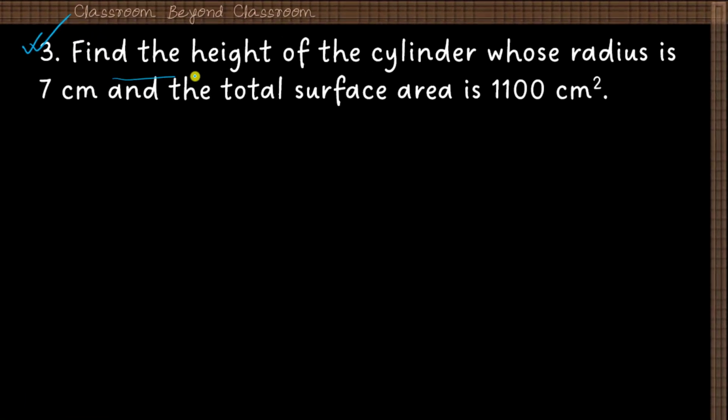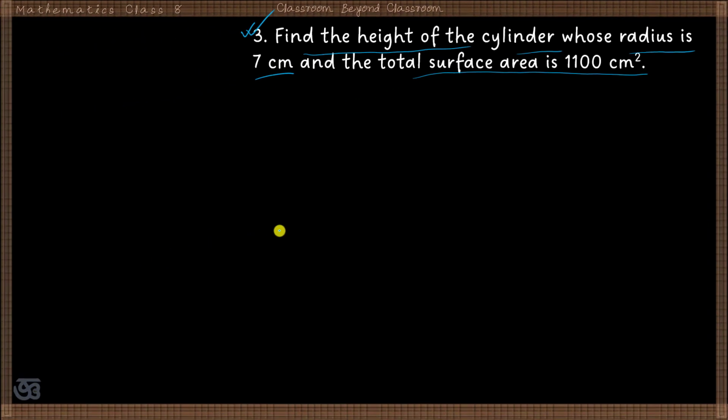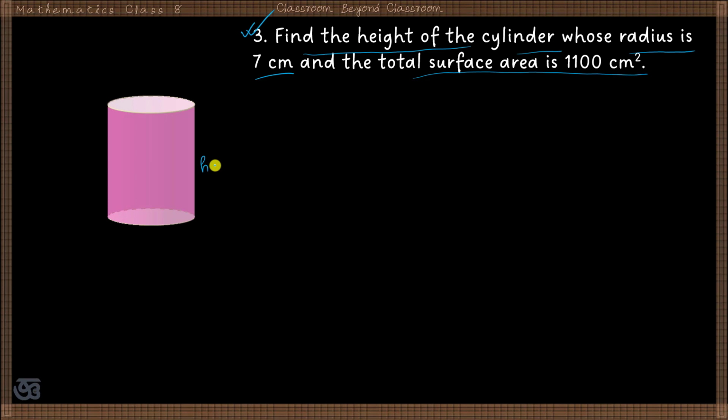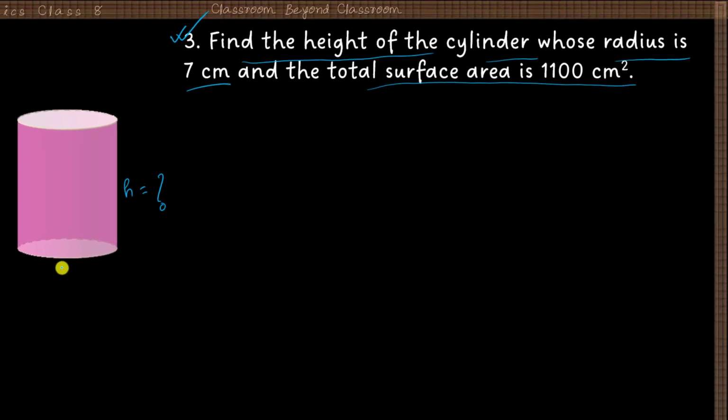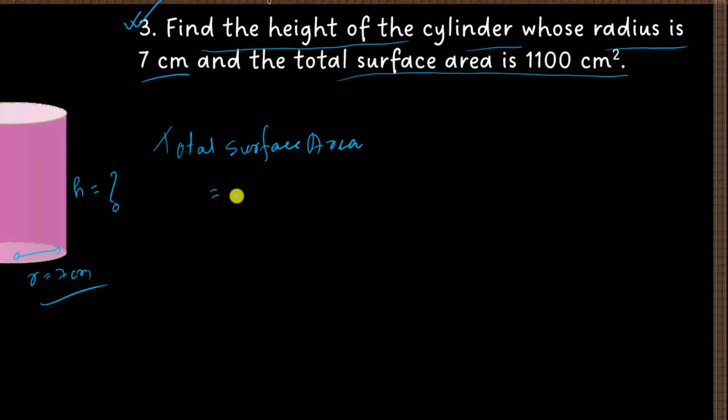Question number 3. Find the height of the cylinder whose radius is 7 centimeter and the total surface area is 1100 centimeter square. Okay, we have to find h, and the radius of the circular section r is equal to 7 centimeter. So the total surface area is equal to the surface area of these circular sections, that is 2 times pi r square, plus twice pi r, the curved section area, multiplied by h. So this is equal to twice pi r common, then r plus h, and this value is given, that is equal to